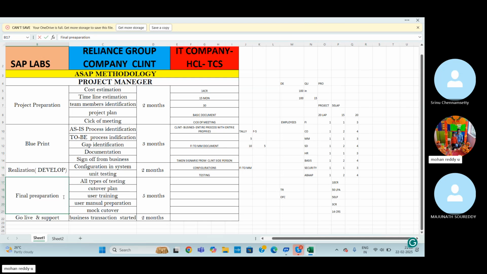Coming to final preparation. So here we are using the quality assurance server. Once development and unit testing are completed at our end, we can move the configuration from the development server to this quality server with the help of TR, transport movement. Later I will explain how we can move the transportation, at the time of configuration. With the help of transport, this configuration will move from one server to another. So once it reaches the quality server,